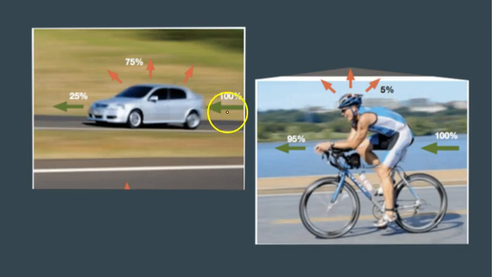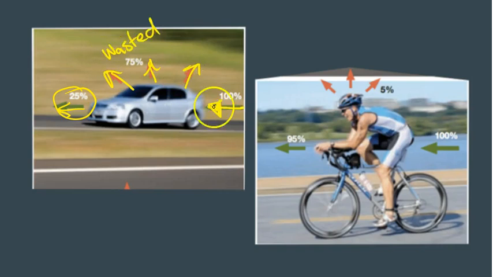You can put 100% of fuel into a car, but only 20 to 25% of that energy is actually used for driving forward. The rest of it is actually wasted. 75 to 80% is actually wasted energy. When you're riding a bicycle, although it's much better, whatever you put into that bicycle, 95% of that is actually turned into forward motion energy, and about 5% of it is actually lost. In other words, riding a bicycle is much more efficient than driving a car when it comes to how much